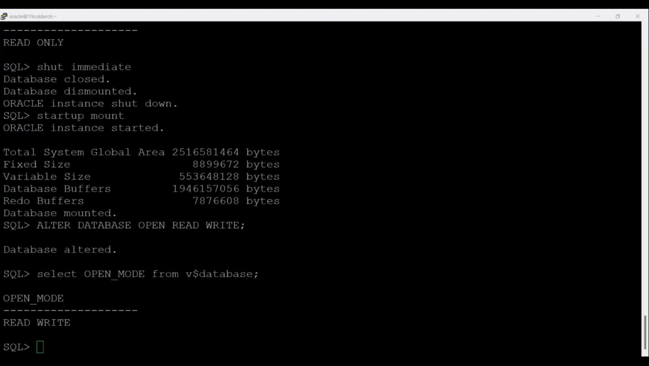So this shutdown command will not allow new connections, and it will not allow new transactions to be started, and after all transactions have completed, any client still connected to the instance will be disconnected, and the next startup of the database will not require any instance recovery because it writes all the transactions to the data file and so on. Okay,